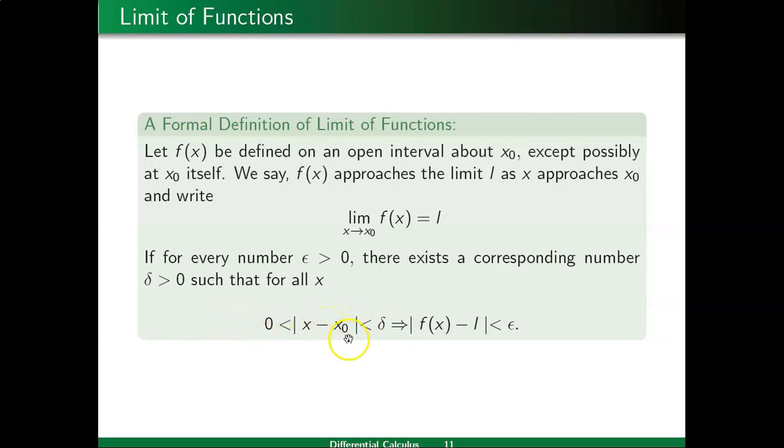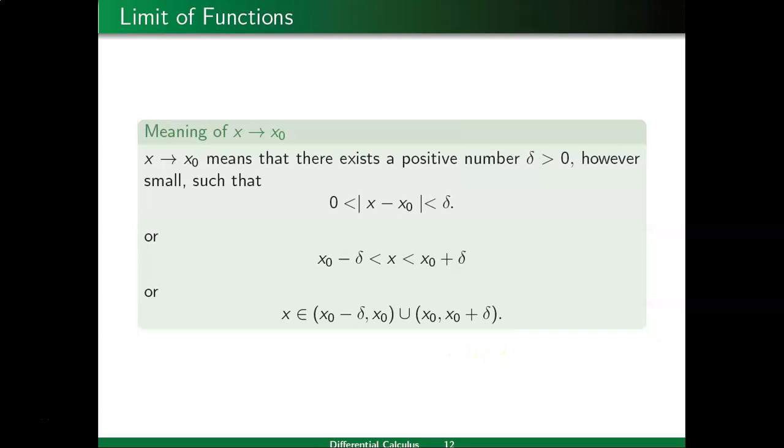This definition which you are looking at on the screen has two parts. The first part is the neighborhood of x, when |x − x naught| lies between 0 and delta. This is called the deleted delta neighborhood of x naught. And |f(x) − L| < epsilon talks about the values of f(x) which lie in the epsilon neighborhood of L.